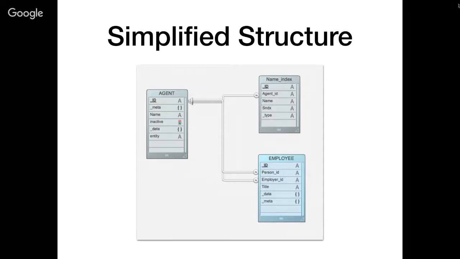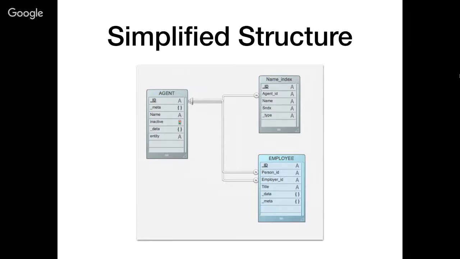A name index is, again, something that I've adopted for a long time, where I like to just parse whatever names are associated with an agent into individual records, put a soundex tag with them, and then identify whether it's a first name, last name, whatever. That again is part of my search functionality. And then the employee relationship gives me an easy way to identify who the employee is, that is, who the person is, because an employee can only be a person, and then who their employer is, which could be a company, it could be another person. And of course, a person could have any number of employers. So this is a handy way of